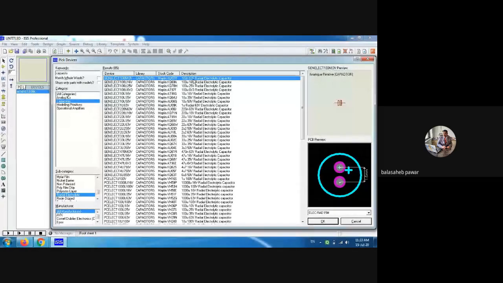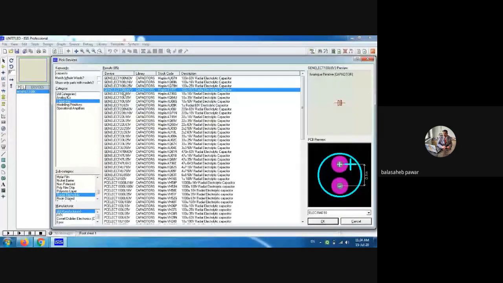Both ratings are very important whenever you study the electronic design part. At that time, again, I will highlight their importance, that is, how capacitance as well as voltage handling capacity is important in our electronics. One more capacitor I would like to highlight over here. It is written as 100U6V3. That means it is 100 microfarad. Micro is written as U in this library, remember.